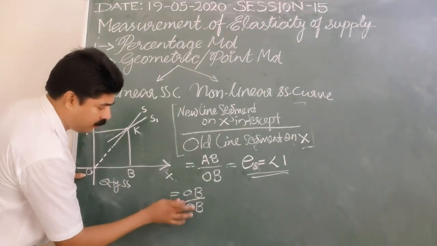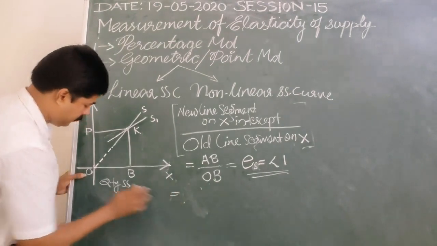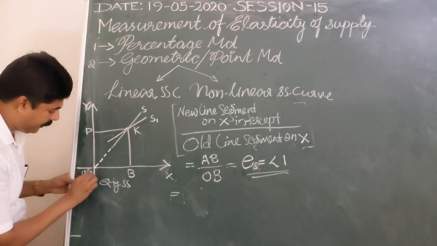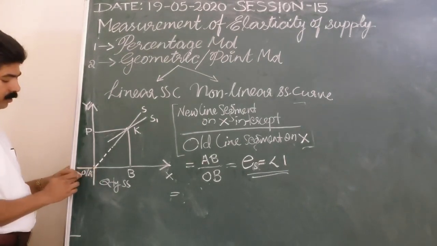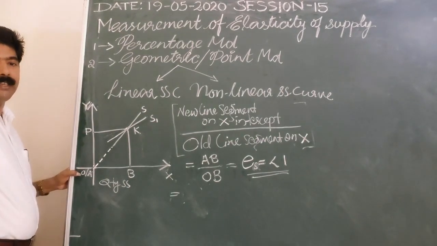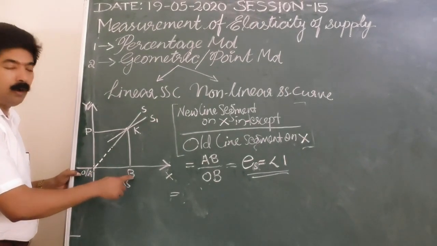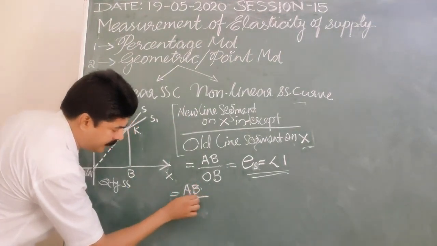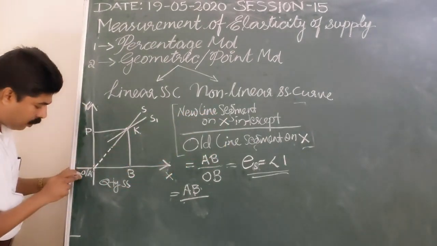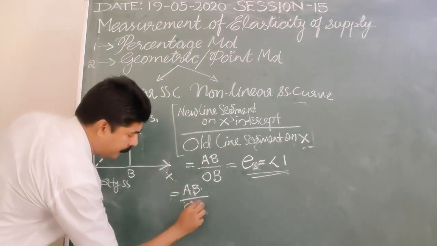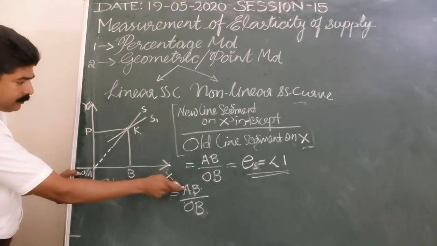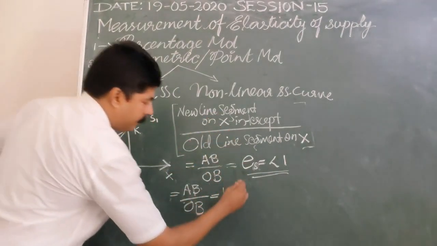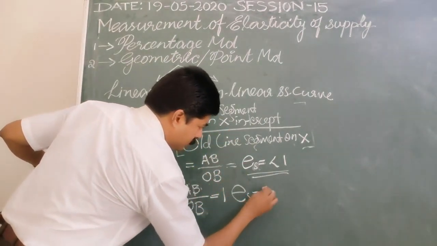Okay, here in place of OB, you have got confusion. Right, let me write here O and A. So this point I have given A as well as point origin. So there is no confusion, you can write that the new line segment is AB. So it is very clear now. AB is the new line segment. What is the old line segment? OB. So AB new line segment, OB old line segment, which is equal to 1. So the price elasticity of supply is equal to 1.